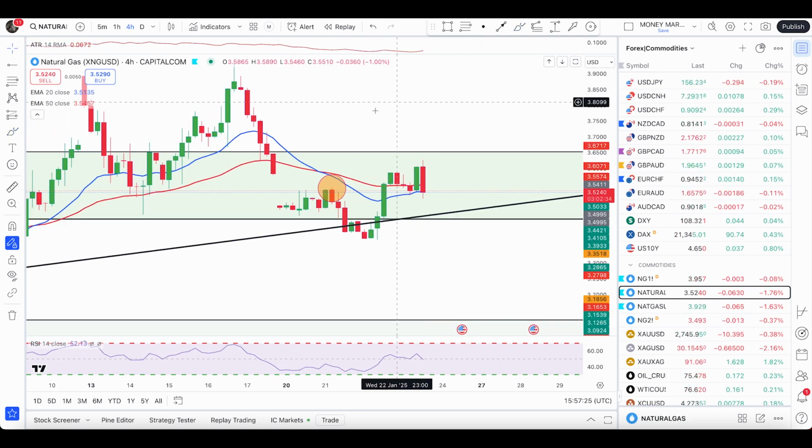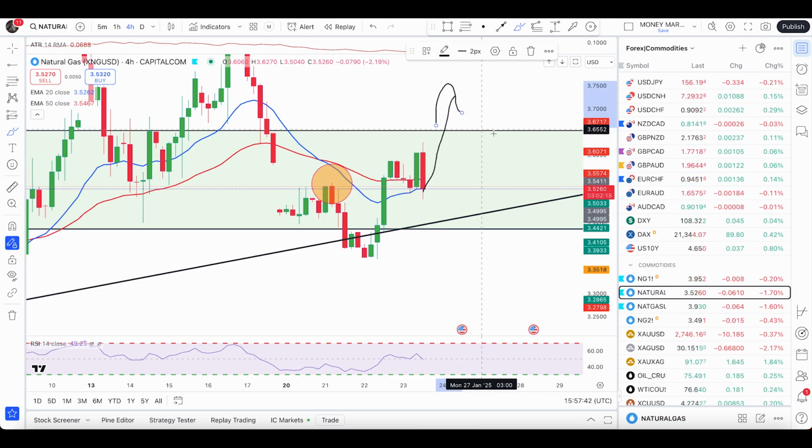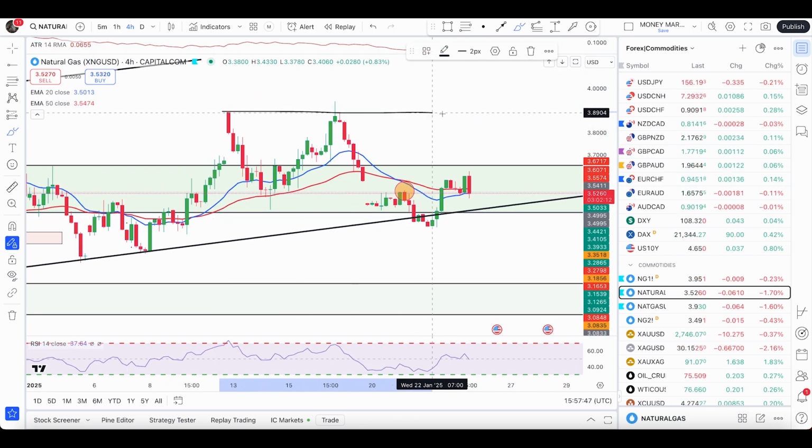Here on Capital.com, we are above 50 EMA, with a strong Marubozu candle, which is right here without a wick. That shows good bullish pressure as well. A news candle here, but that did not close below 20 and 50 EMA yet. So for now, I'm still looking at the price to push up at least to these recent highs,